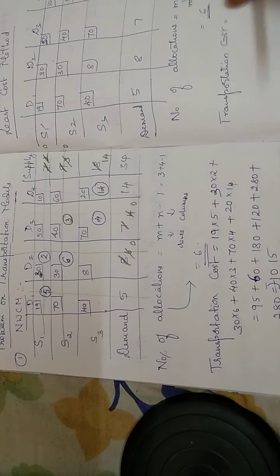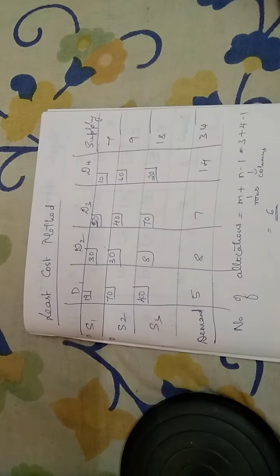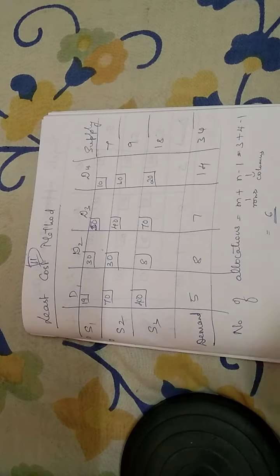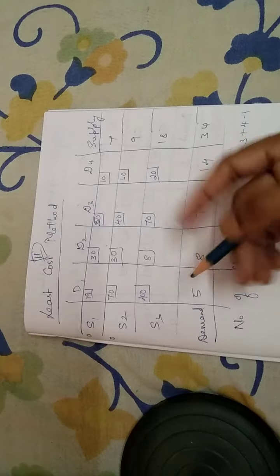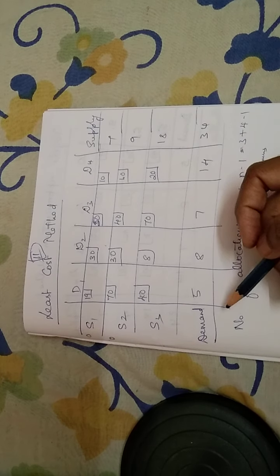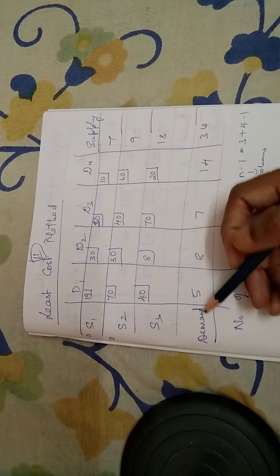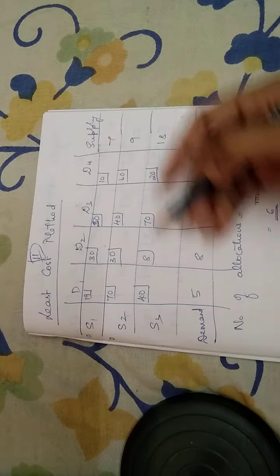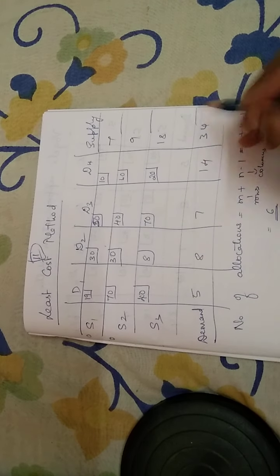So now let us move on to the least cost method. So here, as the name itself indicates, this is the second method. It's the least cost method, so we actually go by the least cost. Now we take up the table as given in the problem with the supply and the demand. As I already told you, we have to equate the supply and the demand. So that is all done.